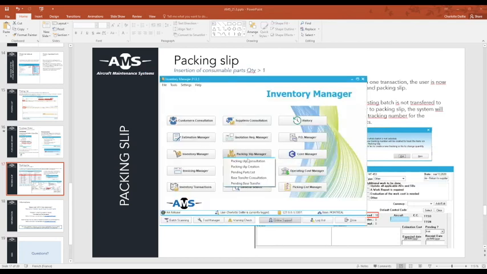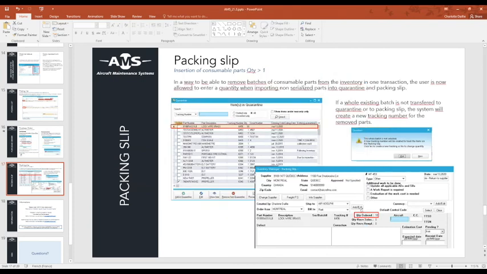And you can do exactly the same inside the packing slip. So I have the example here. As you can see, my quantity here is 10. So instead of previously having to add 10 lines of the same component when you need to send back to supplier or for inspection on consumable parts, I know that happens sometimes, you will be able to just create one line inside the quarantine and inside the packing slip.